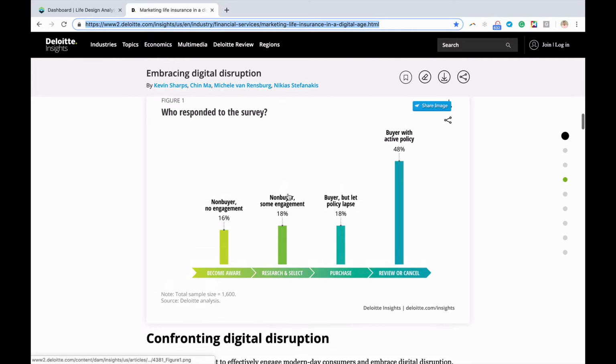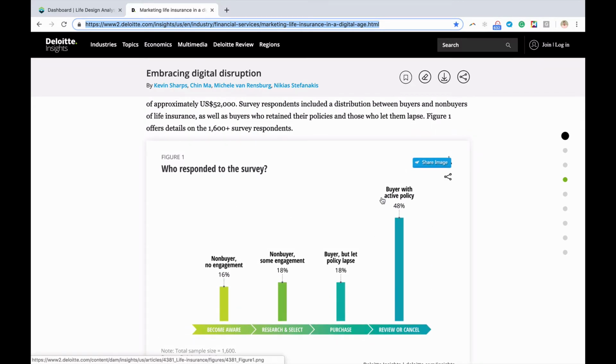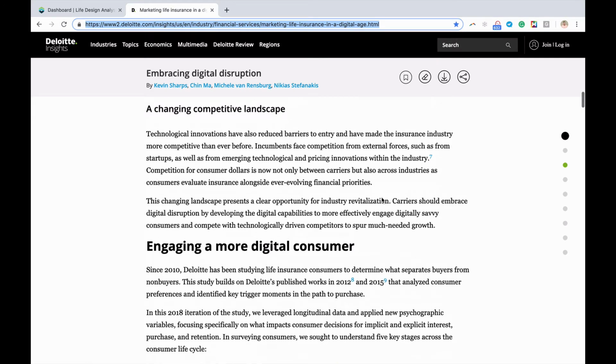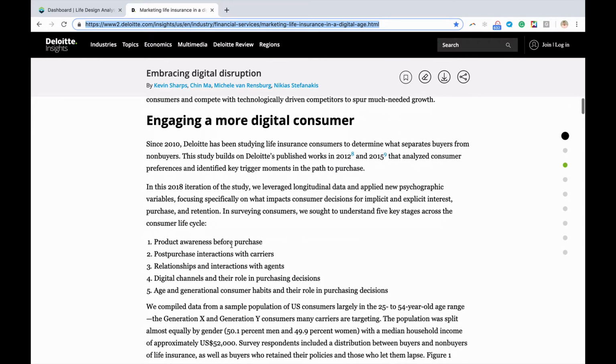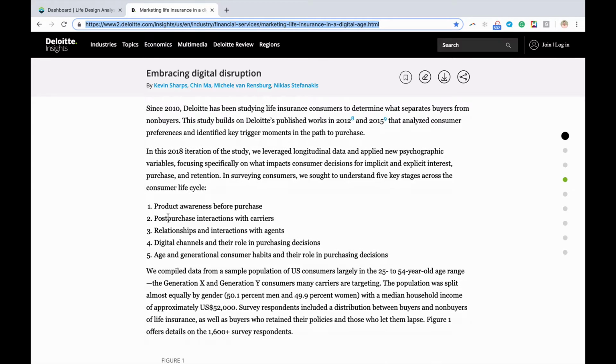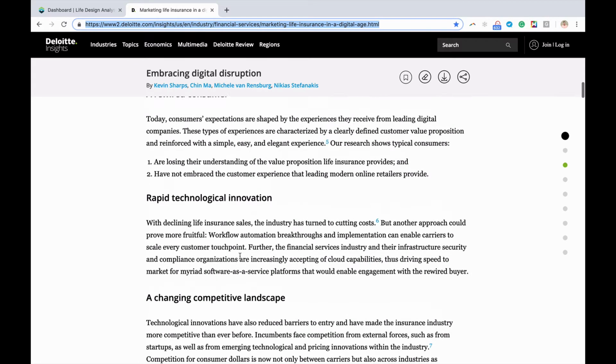It talks about active buyers and what they're really craving, and engaging a more digital consumer. So product awareness before purchase, post-purchase interactions with carriers, relationships and interaction with agents, and the digital channel and its role in the purchasing decision. But overall, the report